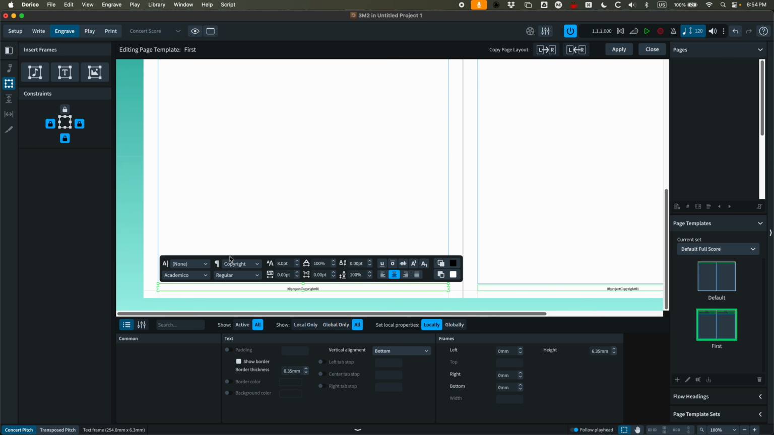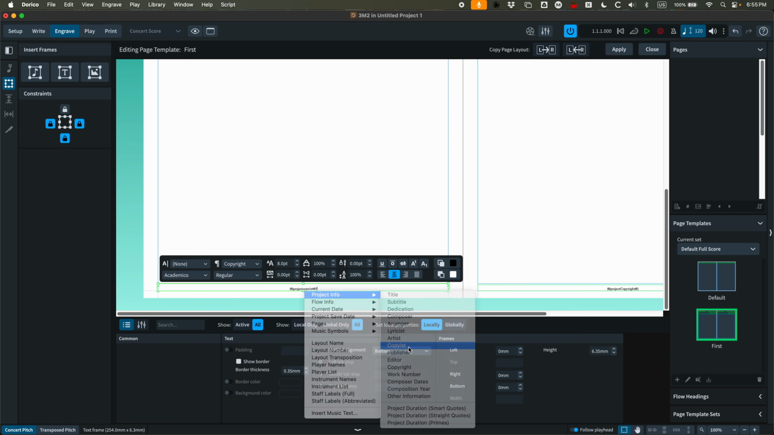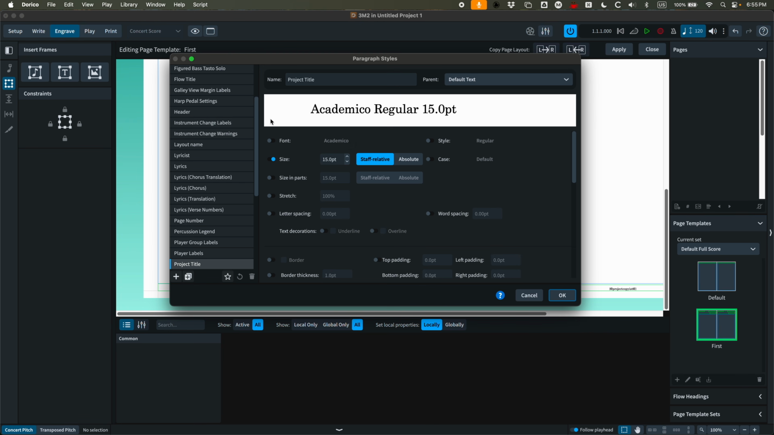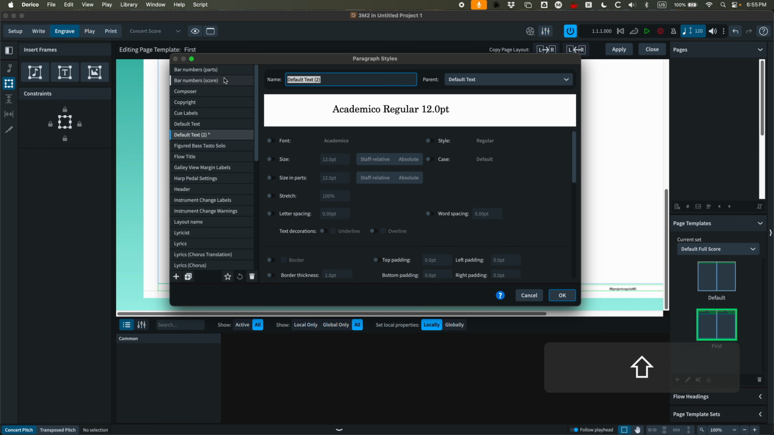And this is using the copyright paragraph style, but I'm going to do something different here. And also I'm going to change this to the project info copyist, right? And again, let me just make a new paragraph style for this. Let's see, default text, duplicate. I'm going to call this footer